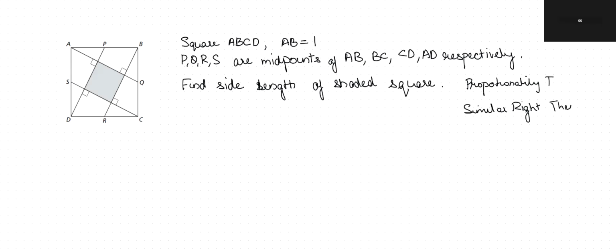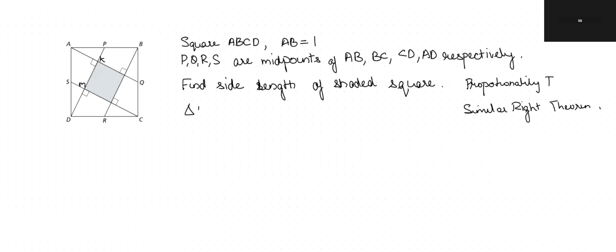As we see, this is a square with the side length AB. Each side length is 1, and P, Q, R, S are the midpoints. So we have to find the side length of the shaded square. Okay. So let this point be K. Okay. And this may be M. So now let us see